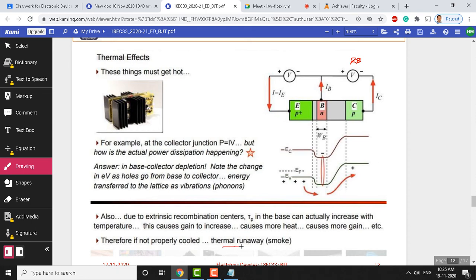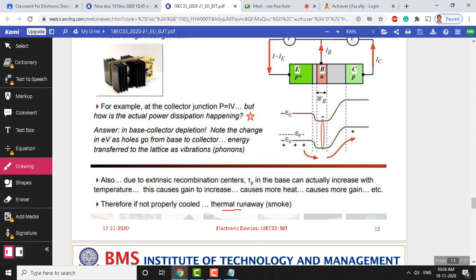Okay, this is called a cumulative effect. That means when we have applied a lot of reverse voltage here, there is a lot of power dissipation from the current flowing here. This is the reverse current which is flowing because this junction is reverse biased. When a high reverse voltage is applied here, it leads to larger power dissipation within the PN junction of the collector base junction. So that cumulative effect may cause thermal runaway. If you don't have proper cooling, then definitely it leads to the thermal runaway problem here.